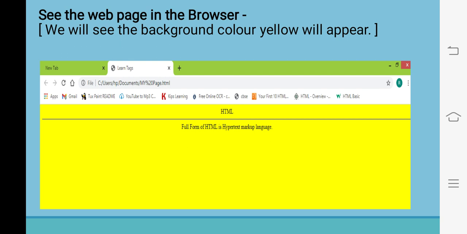Now we will see that because we have used a center tag, the complete line content is coming in the center of the browser window, and content is coming with the default font because this time we have not used the heading tag. And by default font color is black and we have used bgcolor to set the background color yellow. So this way the web page will look in the browser.